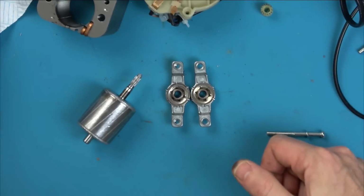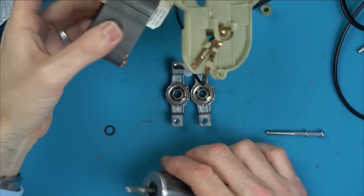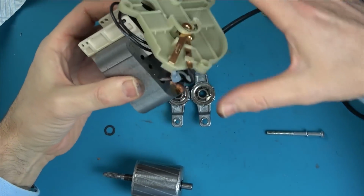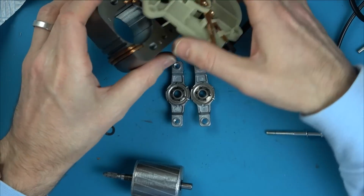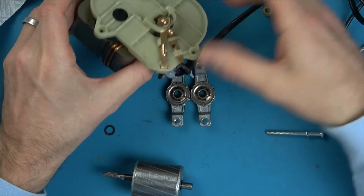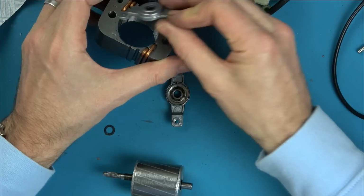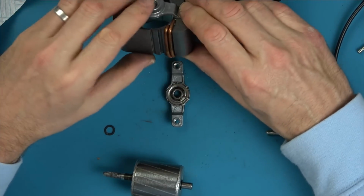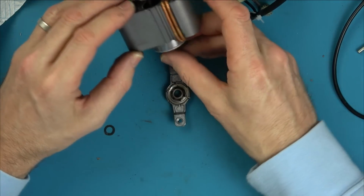Right, let's see if I can swap them over. So this is going to be up here. So this is the, no, this is the top here. Like that. So the nice one's going to go up top here, like so. That's going to go up through. I have to put